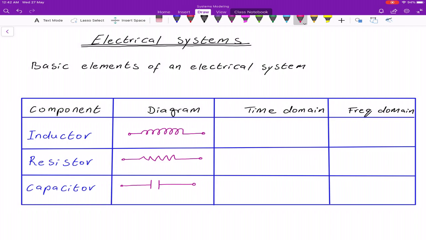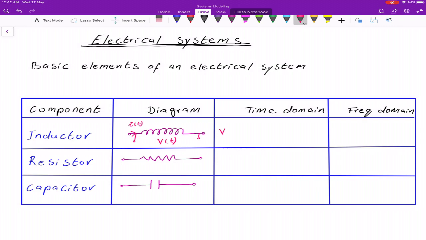And in terms of our inductors, for example, we have our current going in, and let's say this is I(t), and we can look at a voltage drop across our inductor. Let's call this V(t). Now, in terms of the time domain, the voltage drop across the inductor,